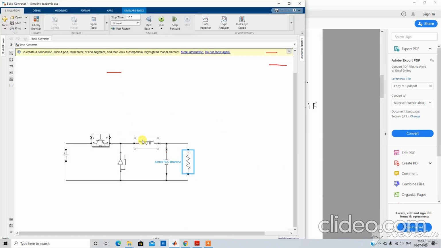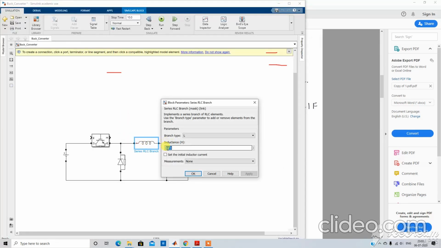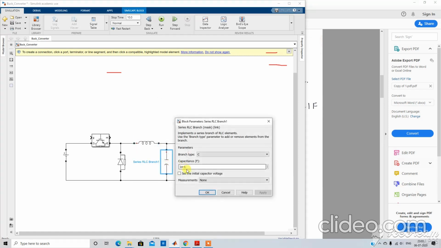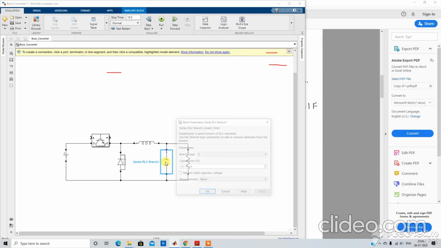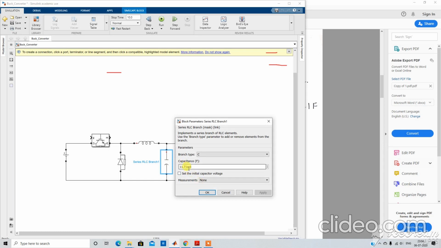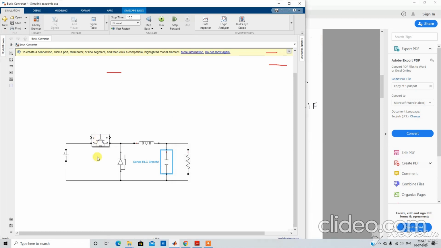We keep these in the simulation. 8.33 e to the power minus 3 indicates milli, and 11.71 e to the power minus 6 indicates micro. So we have kept the value of the capacitor as 11.71 microfarad.